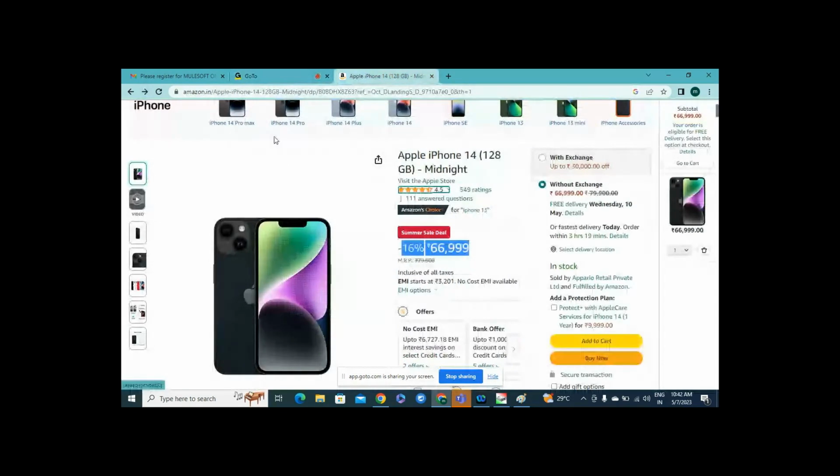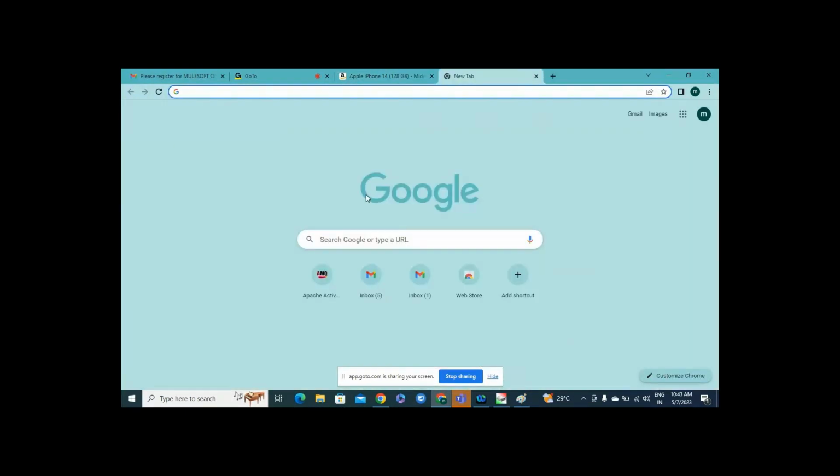You can correlate it with other things, if you go to Instagram, Facebook, Google, all these things also, in real time. For example, if you open a new browser, I will go to Google.